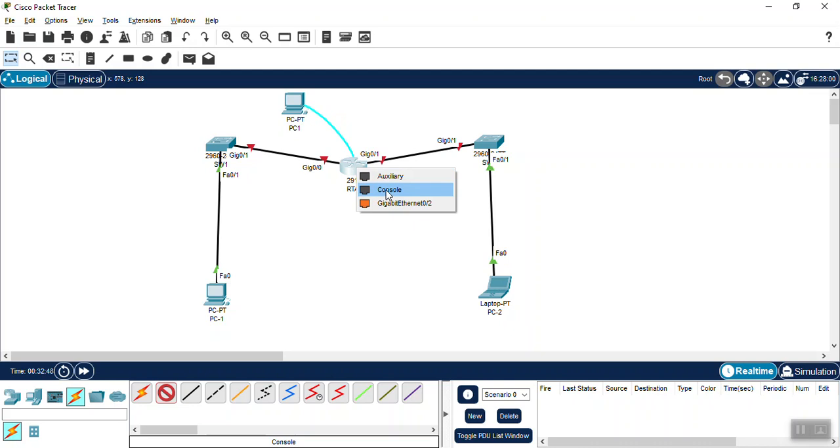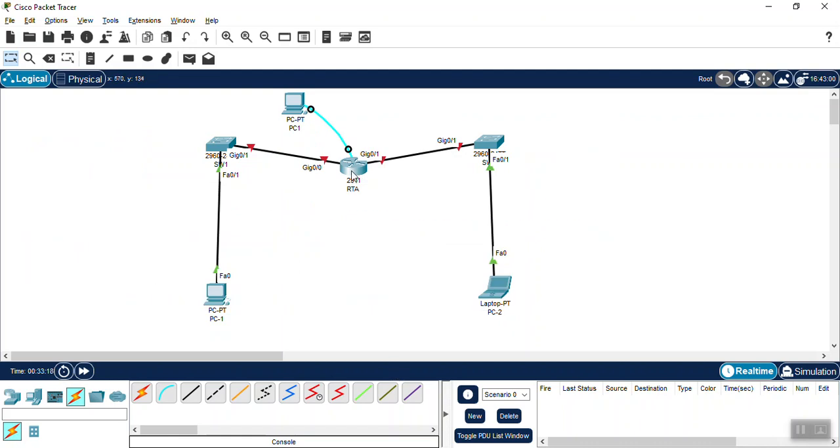An RJ45 connector is used on one end of the console cable, which is plugged into the router. The other end goes to the COM port on the PC, and through this PC we access the router.